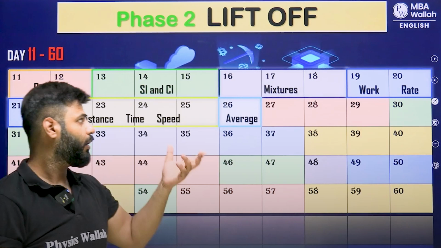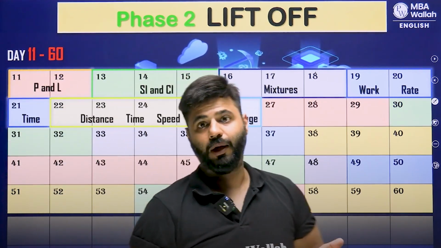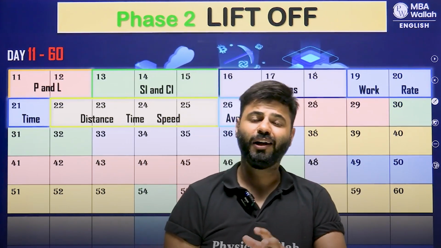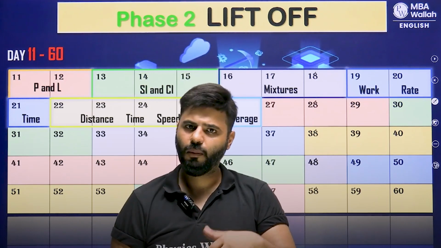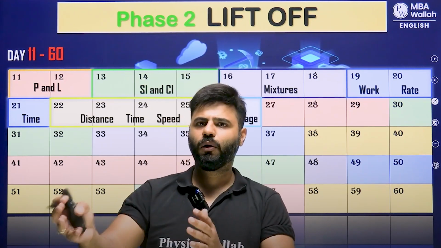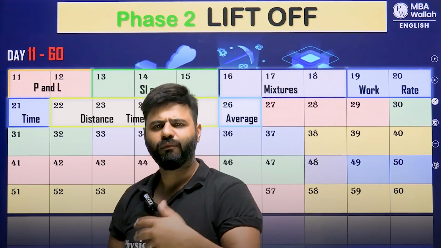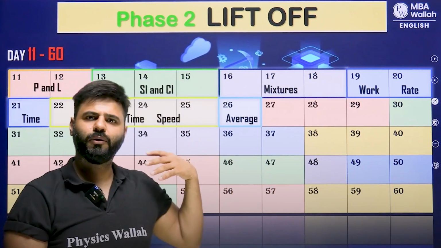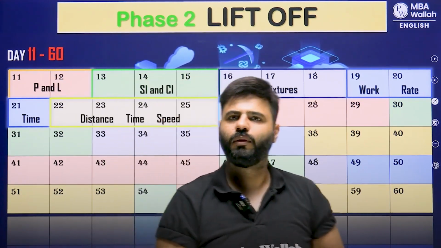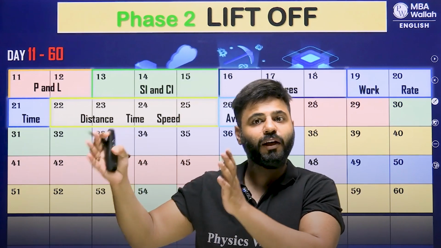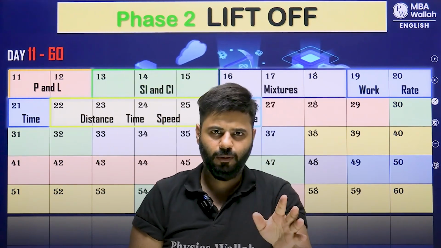Now some of you might feel, sir, this is too fast. I cannot cover work, rate, time in 3 days. But you just have 100 days. You cannot spend 10 days, 7 days on a topic. I understand this might be a little faster. But later on, when we'll be doing mock tests and rectification of weaknesses, we'll cover it then. There is a possibility that, as per this plan, some of the topics you feel comfortable with and some you're not comfortable with. Don't worry, in the next 40 days when we are working on the weaknesses, we are working only on those topics where we are still not confident. So don't worry, alright?